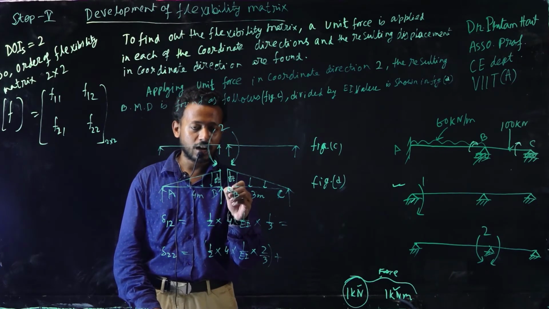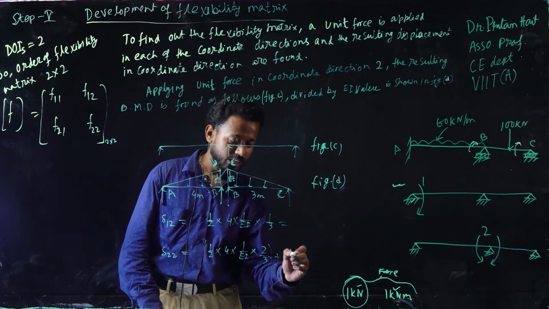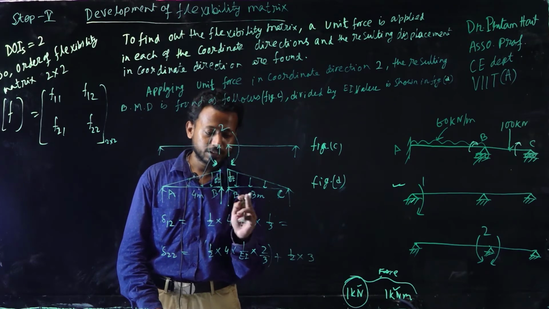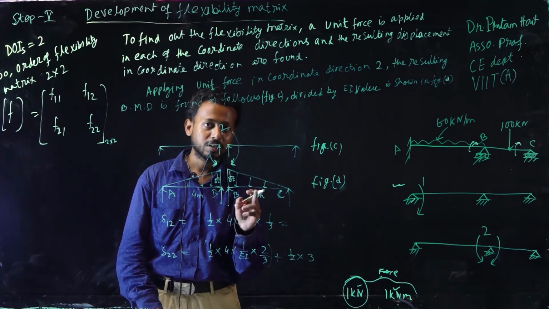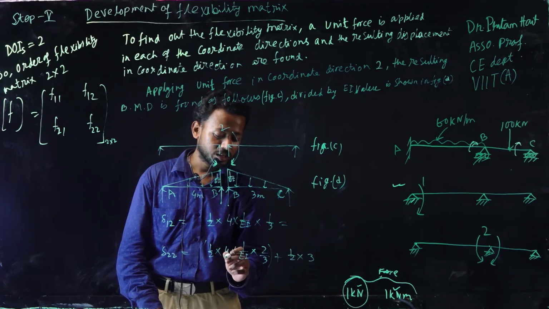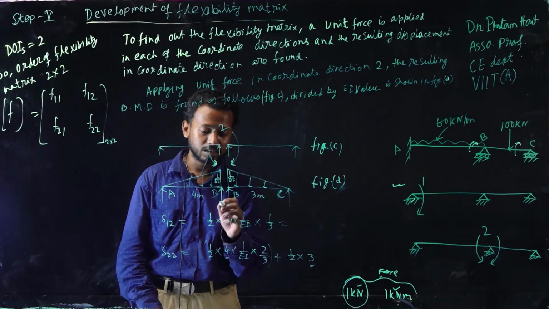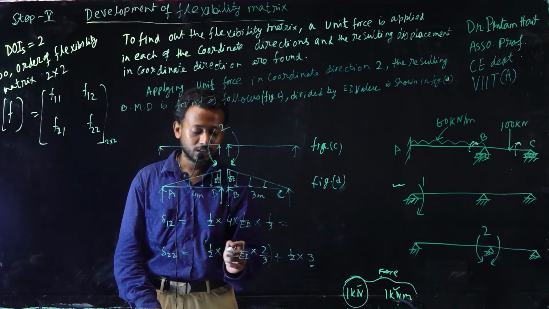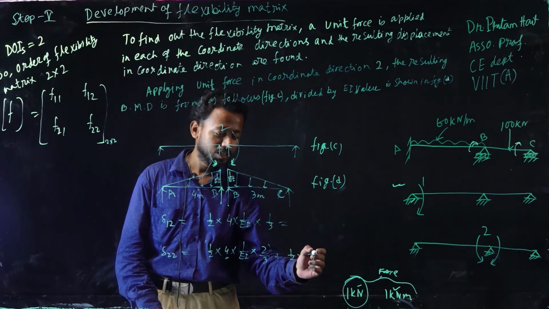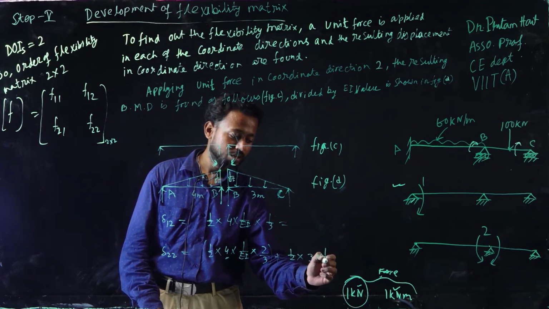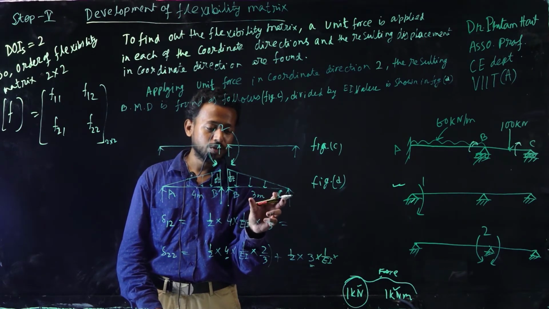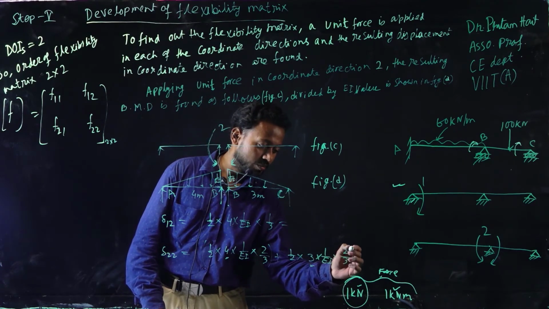Next you have to calculate RAB2, so again half into base is 3 meter, this is 4 meter but this is 3 meter, so keep it in mind and be careful while you are writing the base. While you are calculating RAB1 the base will be 4 meter, while you are calculating RAB2 the base will be 3 meter. Okay, so half into base into altitude into 1 upon EI, and you are calculating RB2, so you have to multiply 2/3.